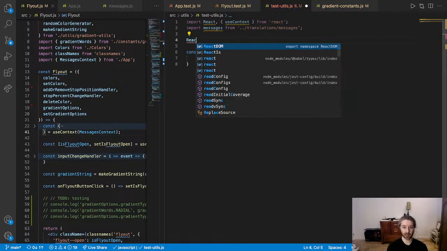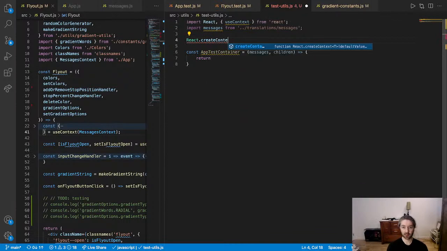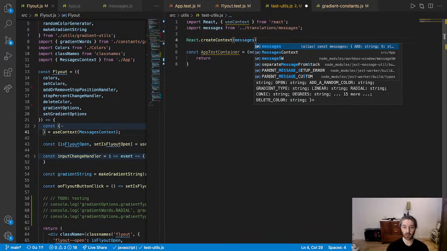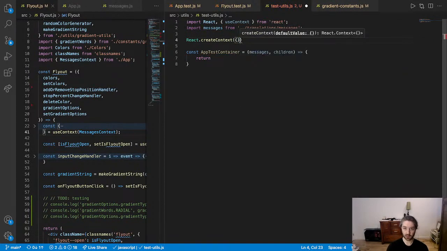So you would do react create context with an empty object, and this would be messages context,